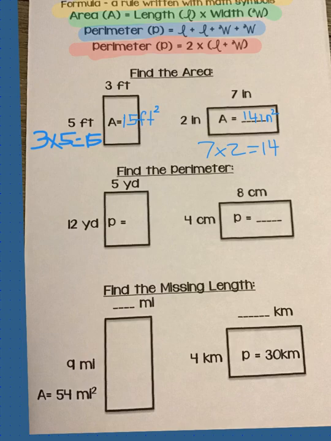We're going to look at 5 yards length and 12 yards width. So I'm going to take 2 times the sum, so I'm using parentheses, 5 plus 12. Okay, so that means I have to add 5 plus 12 first, which is 17,